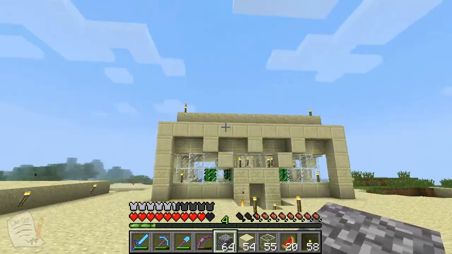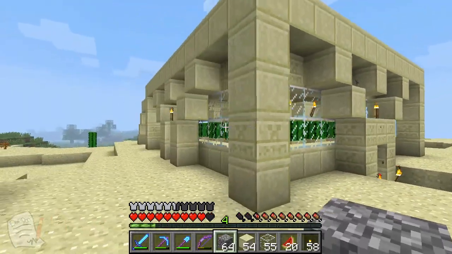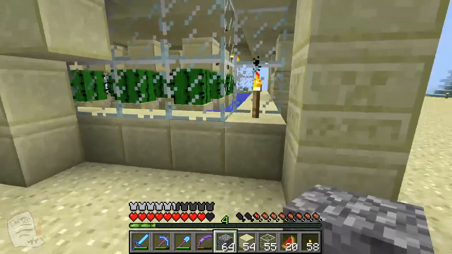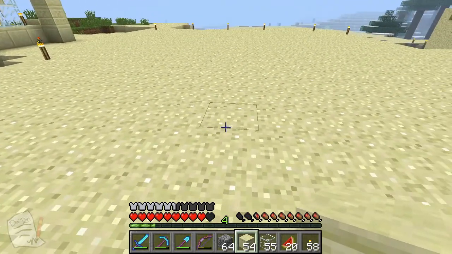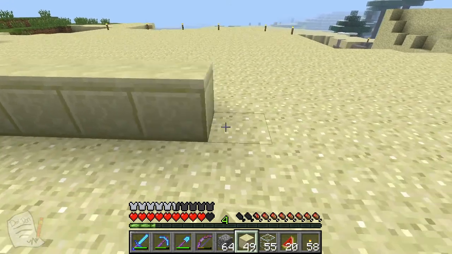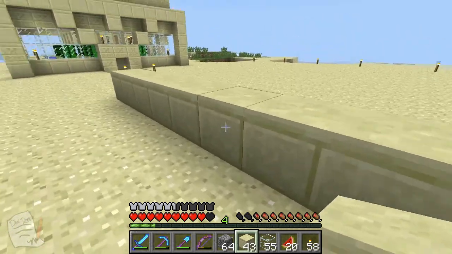Now I created this nice little building or shell, I guess you can call it. The inside of the structure is actually 9 by 9, but what you're going to do is you're going to build 11. So 1, 2, 3, 4, 5, 6, 7, 8, 9, 10, 11. So it's 11,